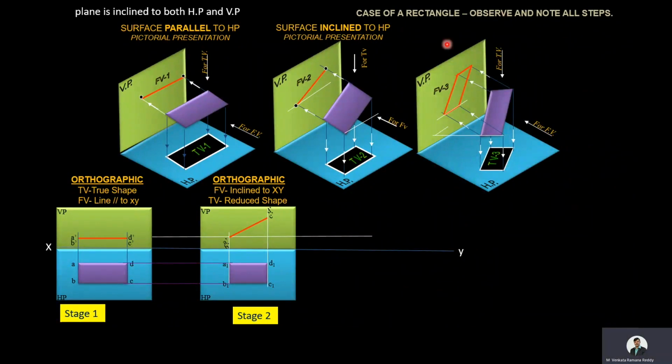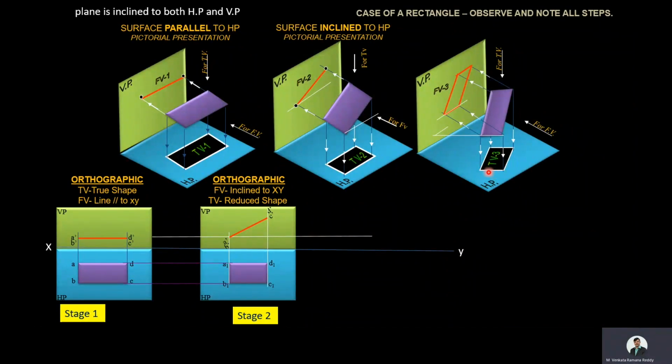This is the third stage pictorial representation. Here, this rectangular plane is making an angle theta degrees to the HP and its smaller side is making an angle 5 degrees to the VP. Then we got top view image like this and front view image like this. In both front view and top view, the images are smaller than original image of the object. Because it is inclined to HP as well as VP, that's why in both the views we got smaller sizes than the original size of the object.